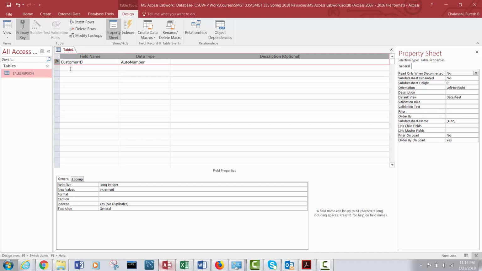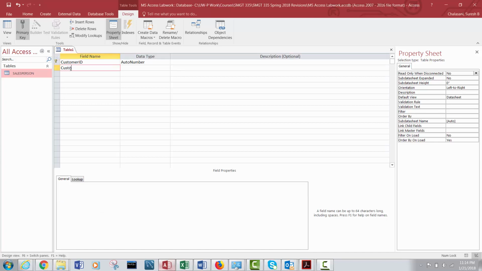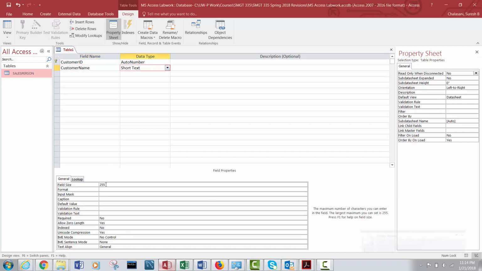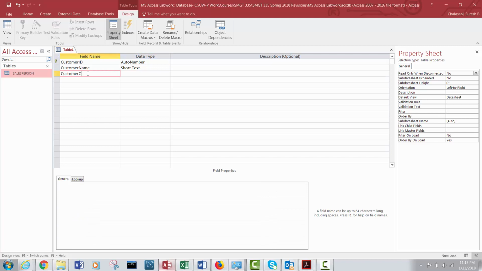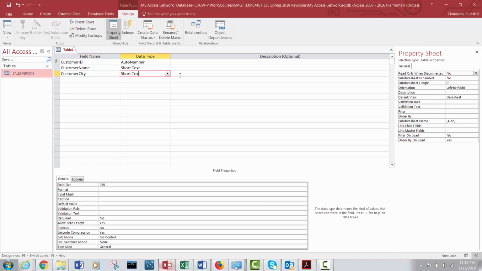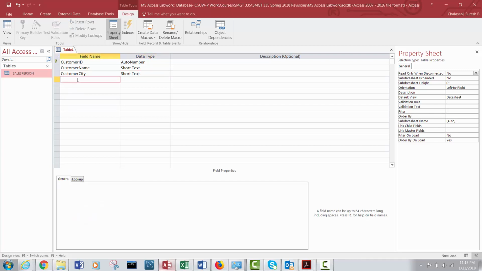So I have the customer ID set as primary key, and then I have customer name, and that is short text and 15. I select the short text here. Just as before, I come back here and I select field size as 15, and I'll change the required to yes. Then I will go to customer city and I'll get short text 20,